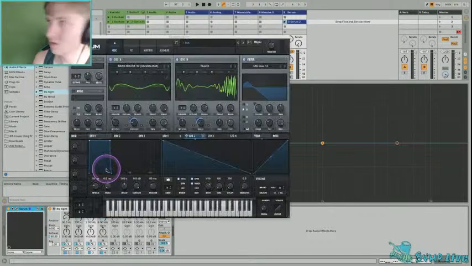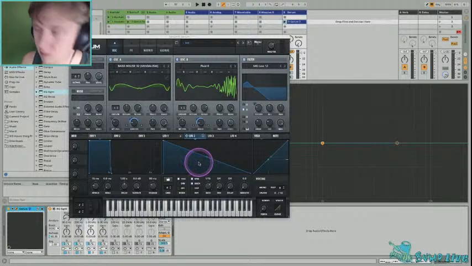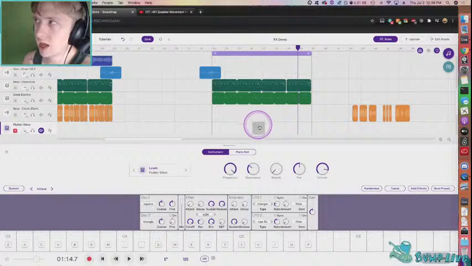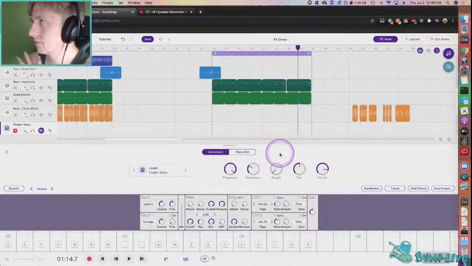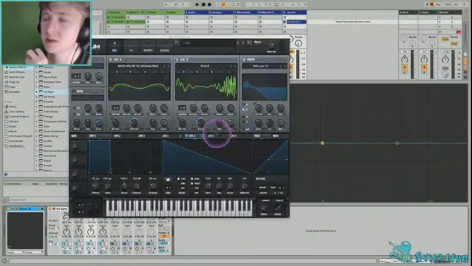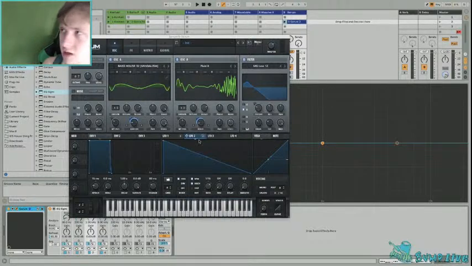So essentially, you could get Serum. Serum's pretty expensive, but you could get this, and you could use it in any of the software you can make music in, except Soundtrap. Soundtrap does not have what's called AU and VST support, meaning plugin support. It does not have plugin support yet. I'm hoping they get on that real soon, because there are just countless plugins out there, countless plugins and effects and instruments. But you know,